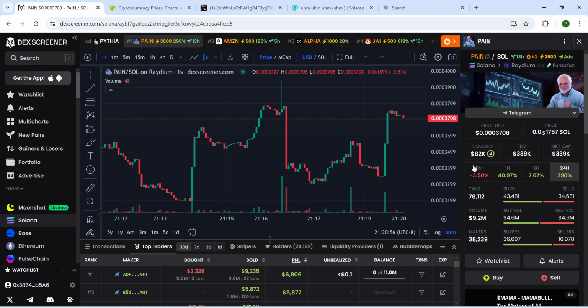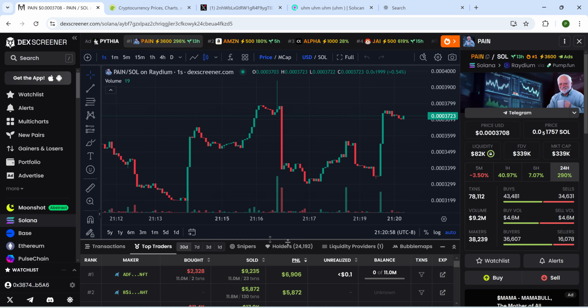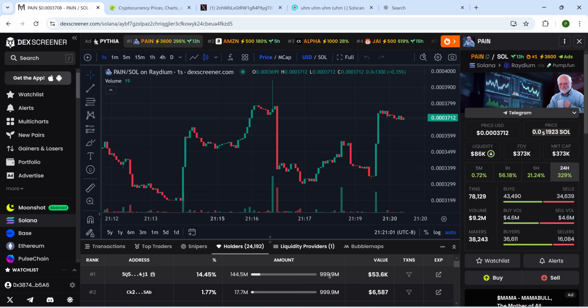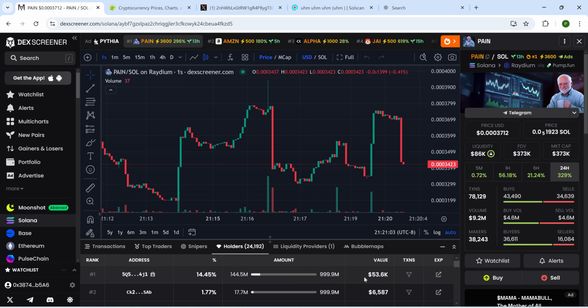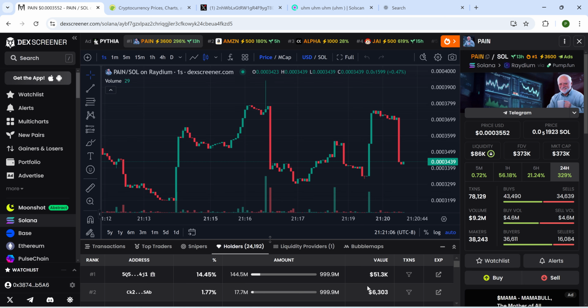Liquidity now, the actual liquidity you have here, what you're going to do now is to check holders. This is the actual liquidity that is available on this pool. 53,000 is the actual liquidity that is available. This is this divided by 2. So now you cannot buy a token of $30,000 and expect to sell it at 2x immediately. You must sell it bit by bit in order not to dump.